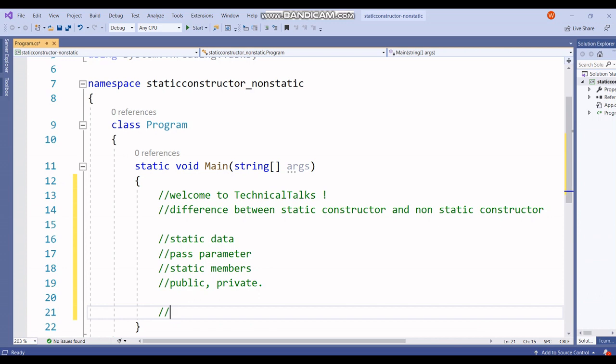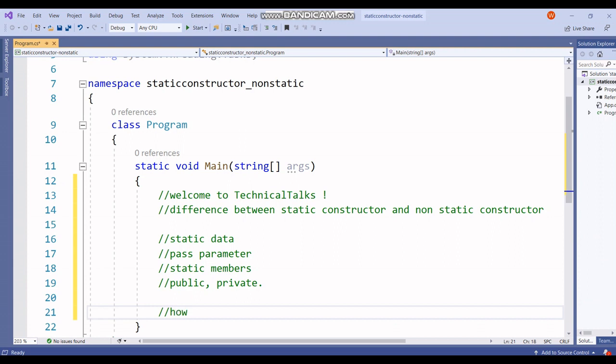A static class will always have the static constructor, and it's called only once, since it's loaded into the memory for its lifetime. Means the static constructor will get called only once throughout its lifetime execution. The static class can also contain static members, so all the members and functions must be static.